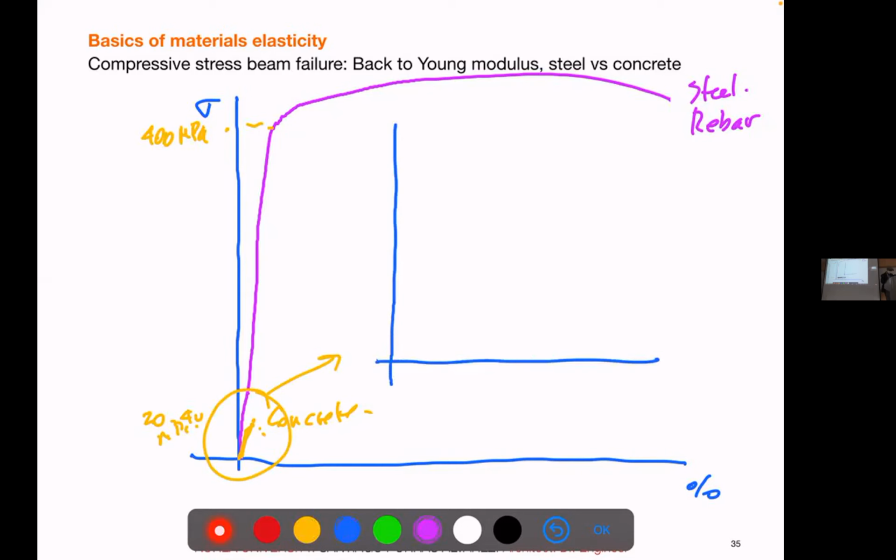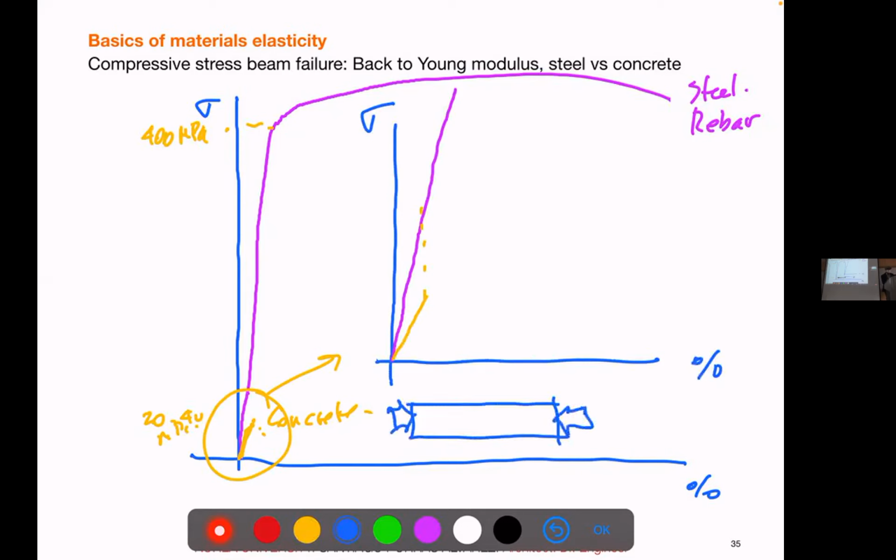So we have steel comfortably going up, and concrete, it's very hard, but let's say breaks around there. So this is again stress, this is strain. Let's have the member of the beam or the column compressed. I will not draw the concrete, this is all solid concrete. We have the steel here, the rebar. What happens when you compress? It shortens, right? You knew.